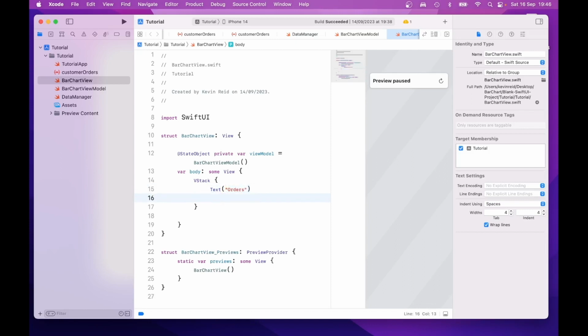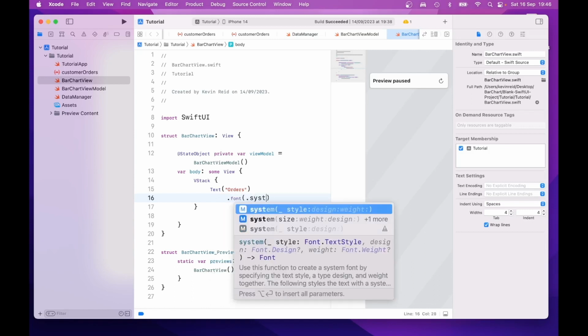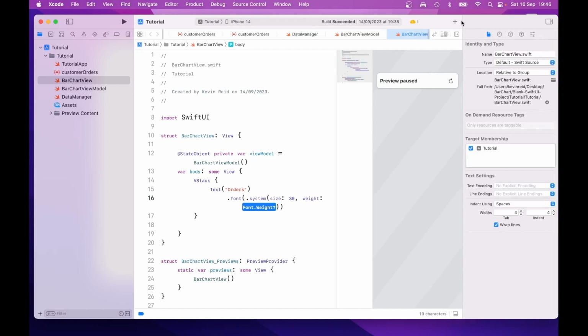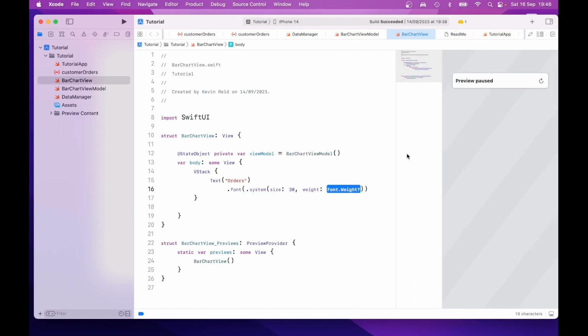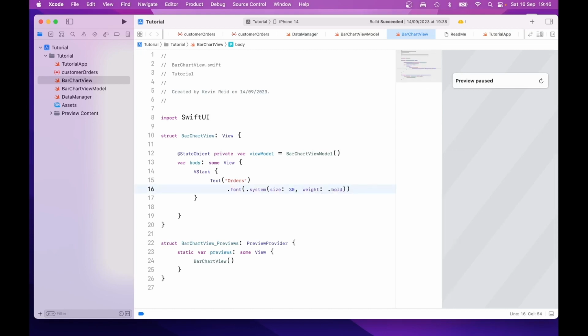And then we style the font for the orders with a system size 30, and then the weight, just make the screen a little bit larger. The weight, dot bold,